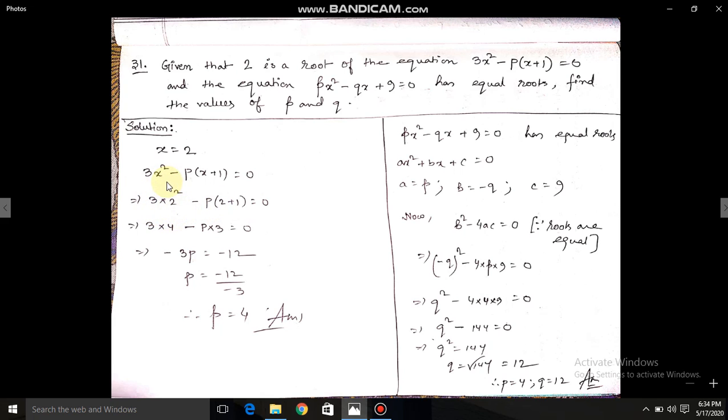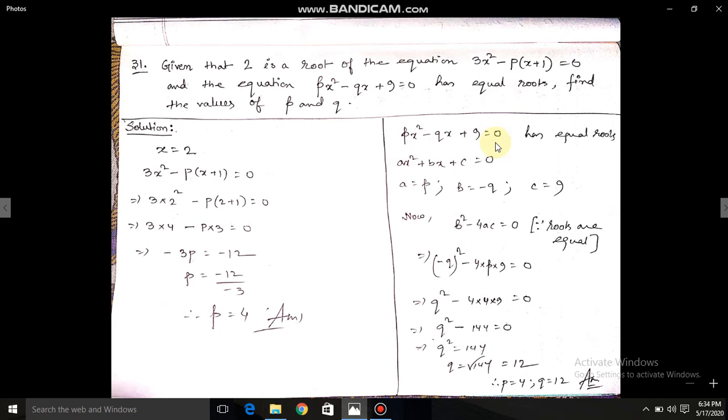So 3 into, in place of x, 2 square minus p in bracket 2 plus 1 is equal to 0. So it will be 3 into 12 minus p into 3 is equal to 0. So minus 3p is equal to this 12. If it goes to this side, it will become minus 12. So value of p is 4. Now you see the second part of the question says px square minus qx plus 9 is equal to 0 has equal roots. So let us compare